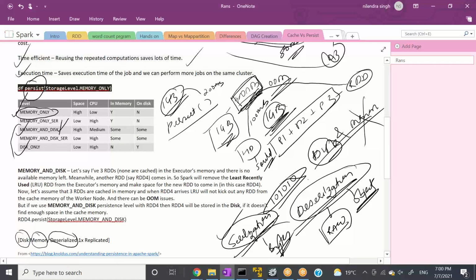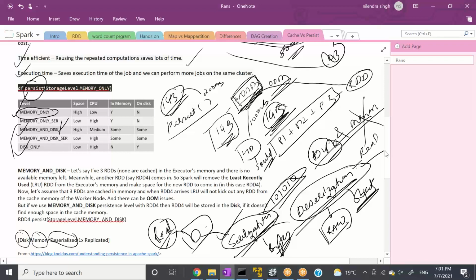Now, what are the drawbacks? Since we have done too much compaction, we have converted our objects into bytes. When we want to read the data, another process needs to be done. Whenever you want to read the data, the process of deserialization needs to be done over this, and only then will you read the data. Makes sense, right? You will do some uncompaction, you will do some logic, and then you'll read the data. In the case of deserialized storage, you just read the data directly, so this process is gone. So serialization is space efficient, deserialization is time efficient or execution efficient. It will make your process faster.